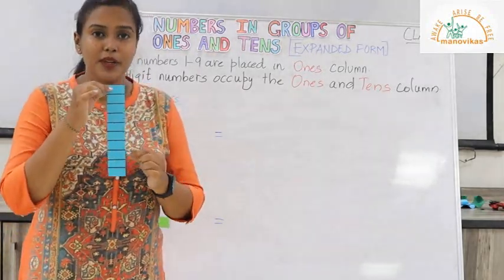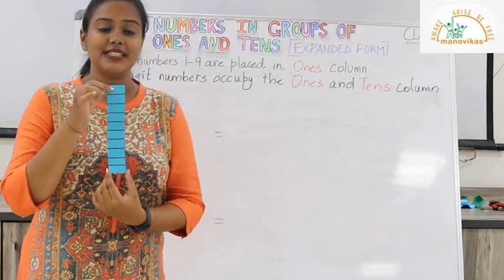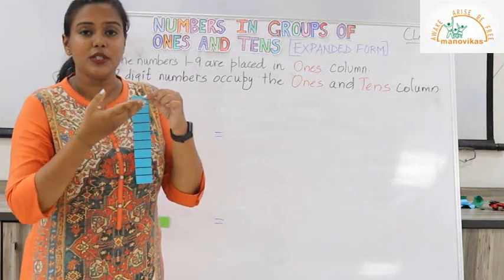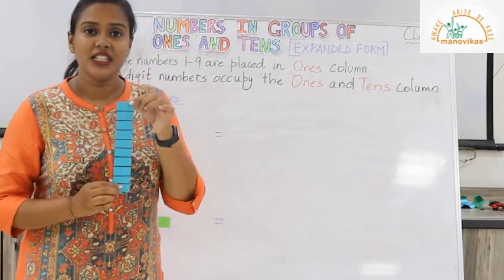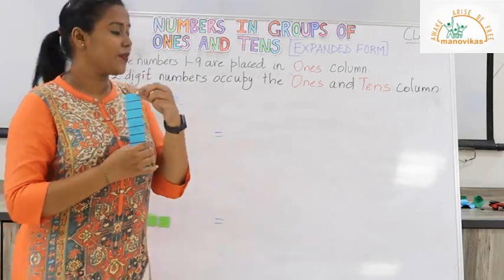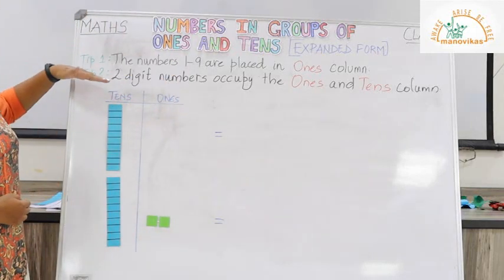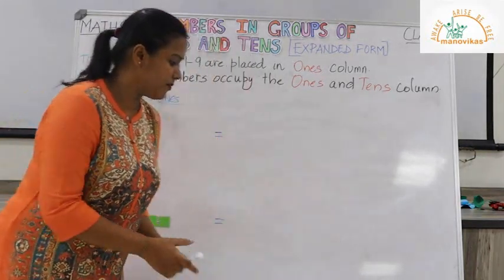So this strip consists of 10 rectangles, which makes this 10. I repeat, since this one strip is divided into 10 rectangles, it can be called 10. So here as you can see, we have ones and tens. So the first example which we are going to take is